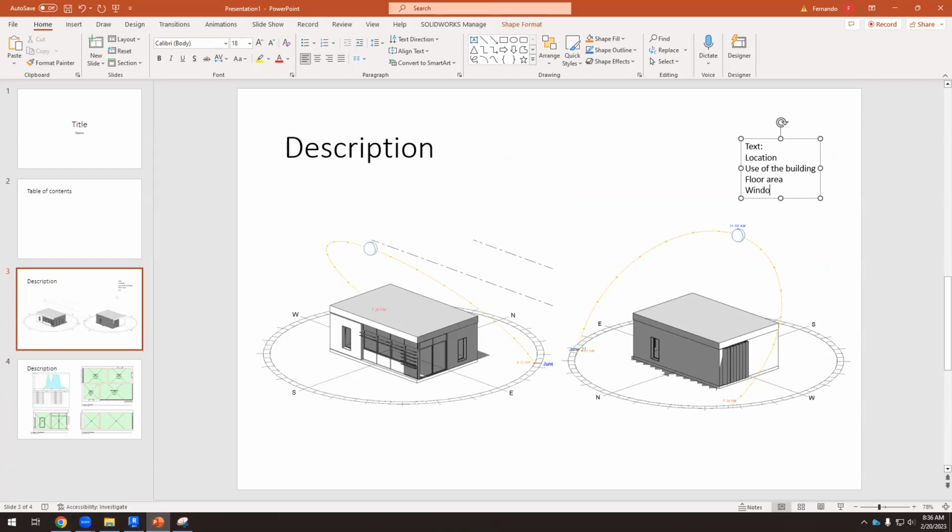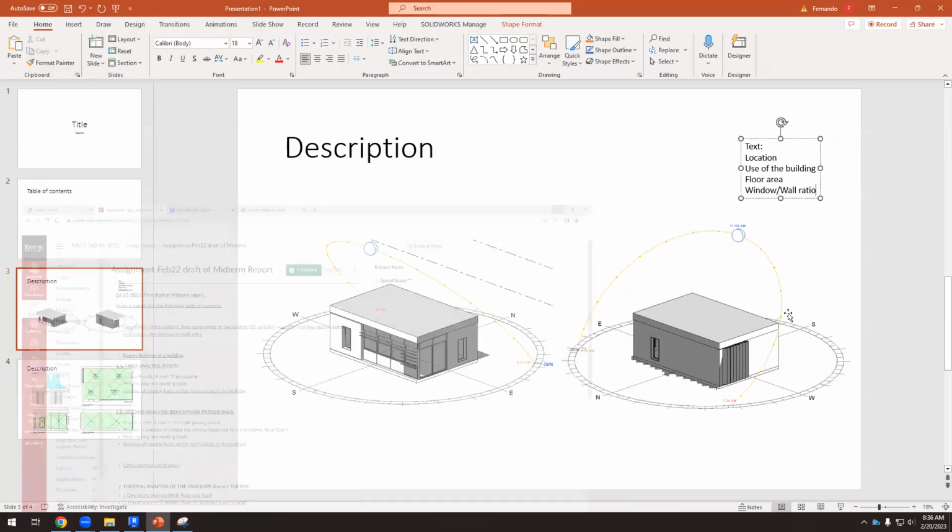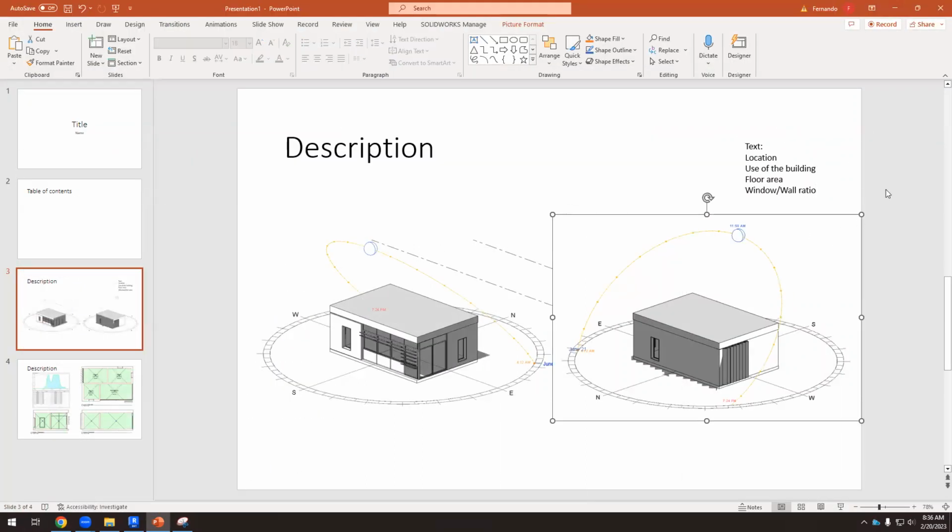Okay, so that's important, and it's basic information that we need here after the floor area. We need the window to wall ratio. Does it say window to wall ratio? Okay. So what does it mean? That's important